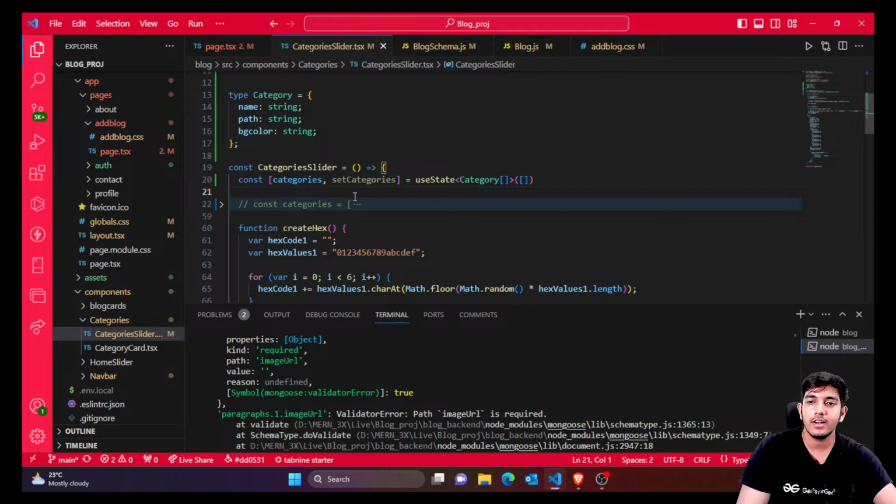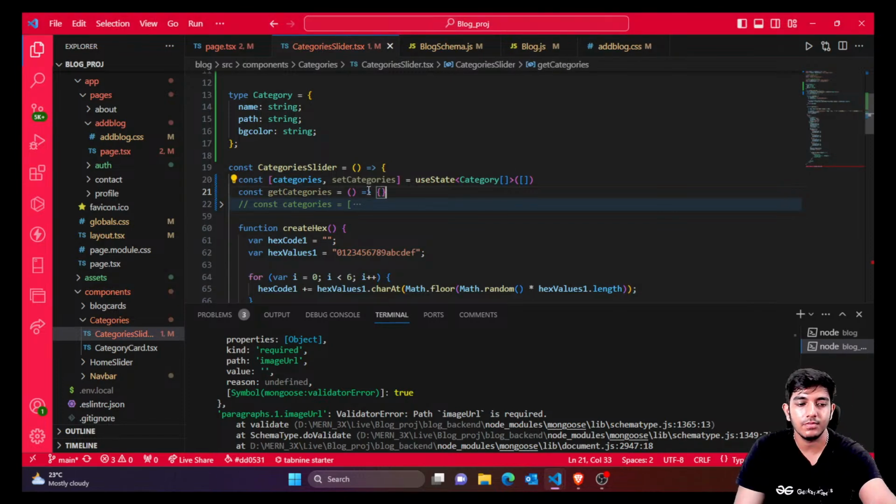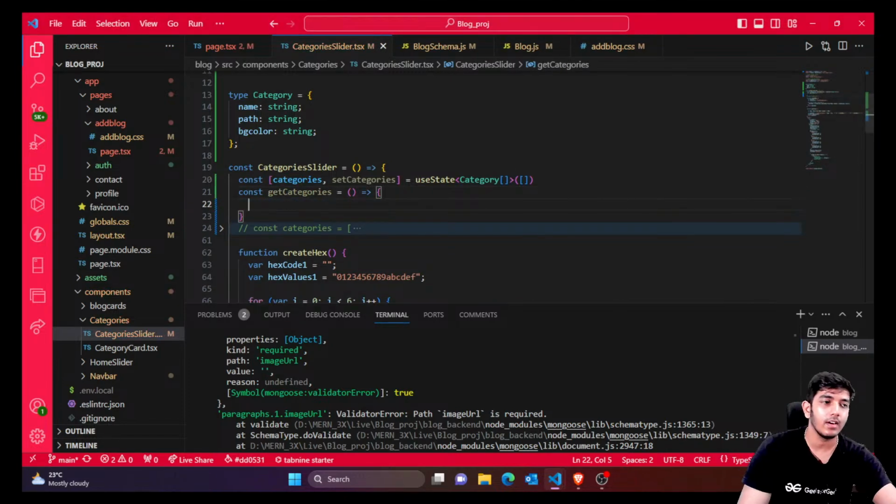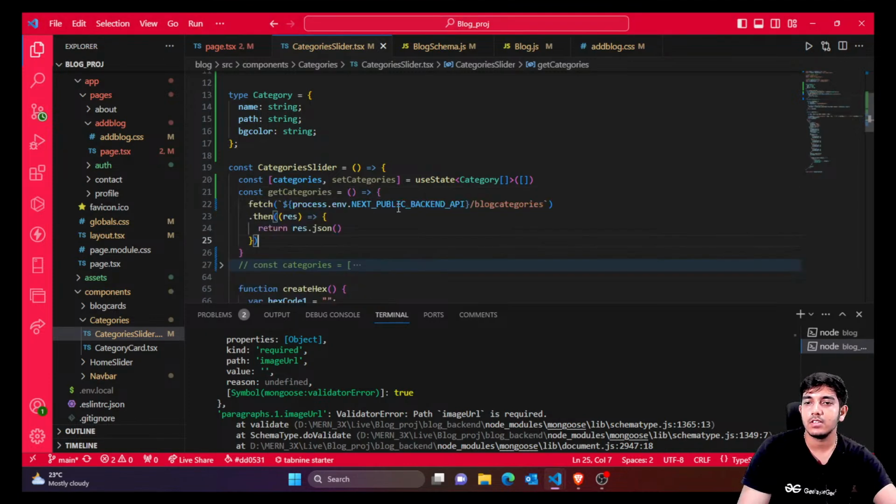Okay, now we are gonna get the categories from the backend. So for getting the categories, I'm just gonna create a function named get categories. Inside this, I'm gonna get all the categories. So for that, I'm gonna call a fetch API. So this is the API which I created for getting the categories, right? Now